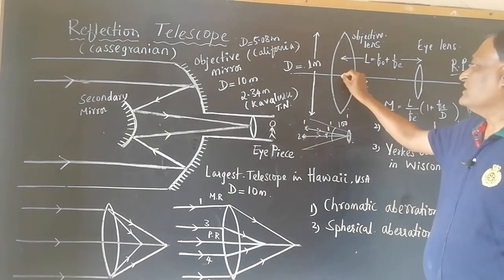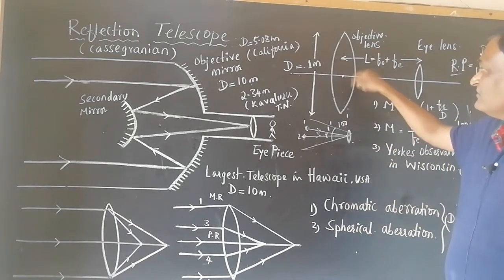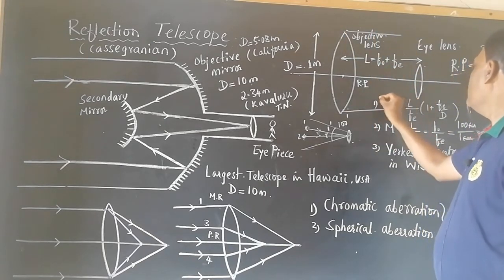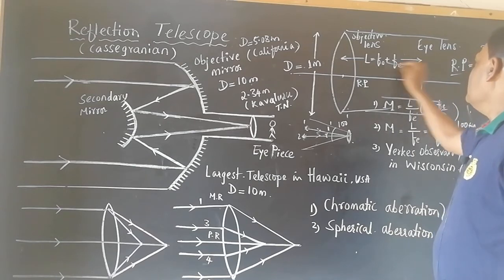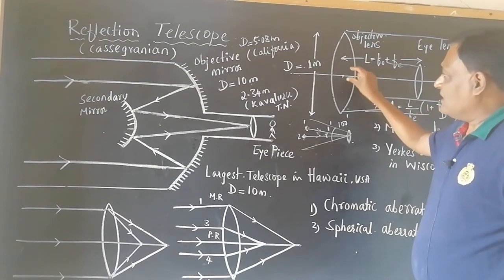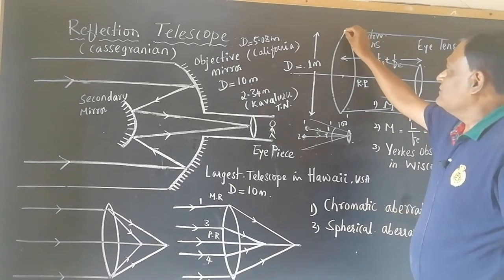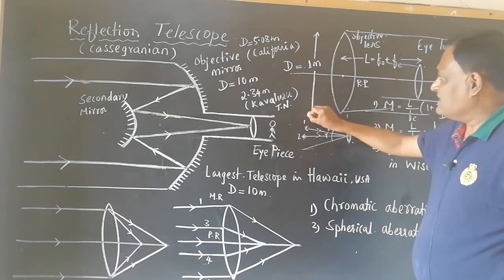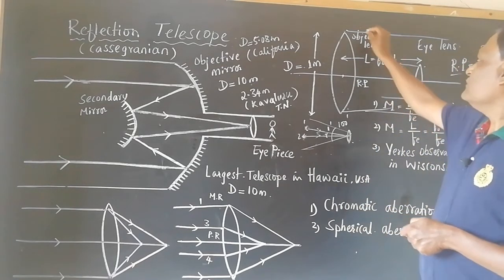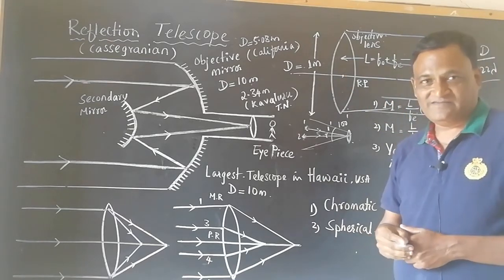So as per our discussion, we can increase the diameter, or the aperture, of the objective lens, since these two lenses are housed together in a coaxial tube. So the manufacture of such a large lens is one difficulty. Secondly, the objective lens of large diameter has to be supported on the rim of the coaxial tube. Due to its own weight, the lens may collapse into the tube itself.